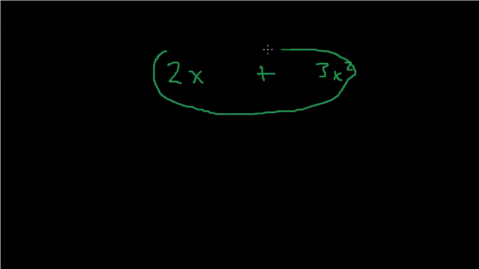First, what is a term? A term is a part with a number and a variable. So this is a term. Another example of a term is 3x squared. Again, this is a term. If I add these two together, this whole thing is not a term, but it is the addition of two